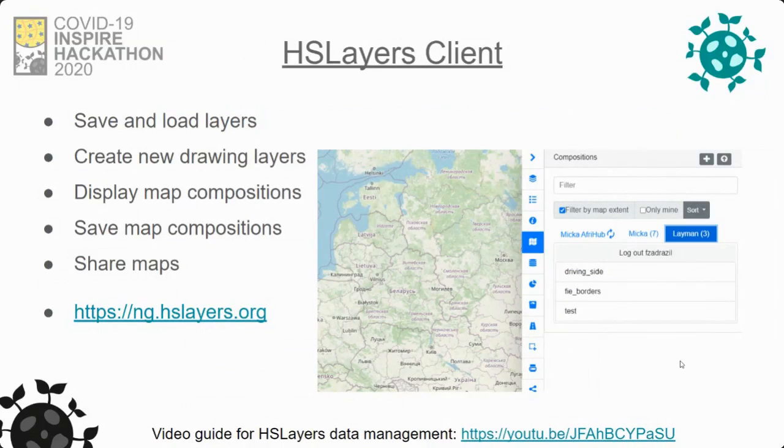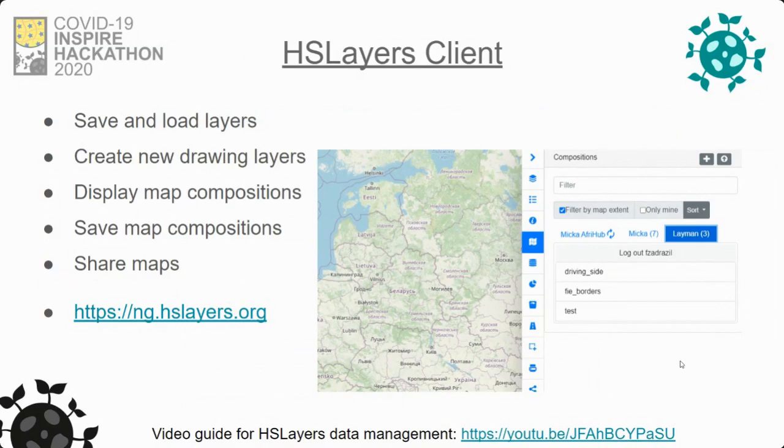So I'm gonna present another component of the data publishing workflow, and that's HSLayers. HSLayers, as I said before, is not a single client, but it's an application framework in which you can create your own web mapping application. And I also wanted to mention that those tools I'm going to present are not the only tools available for HSLayers.